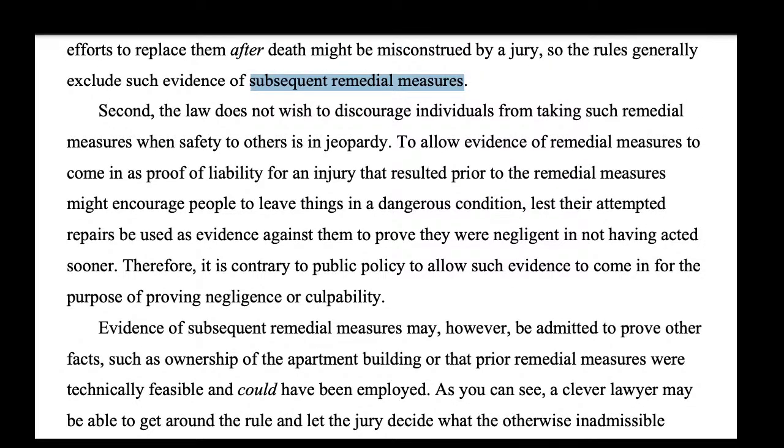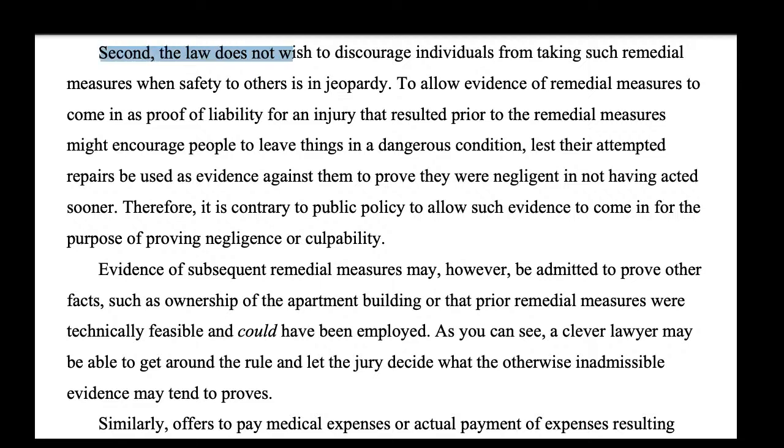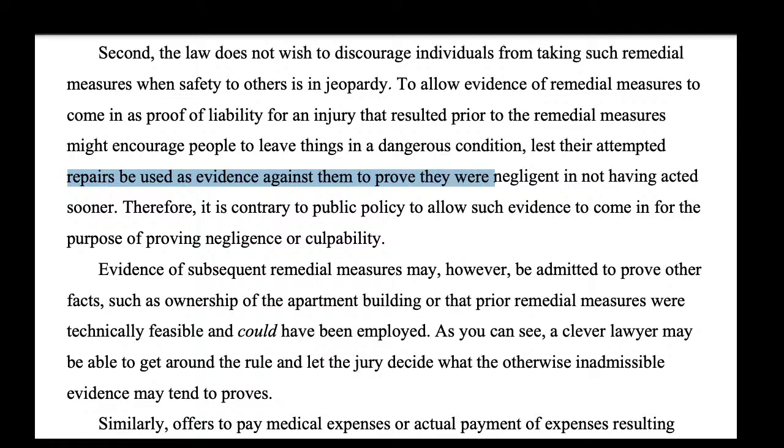All right. So, again, rules generally exclude subsequent remedial measures as evidence. Second, the law does not wish to discourage individuals from taking such remedial measures when safety to others is in jeopardy. To allow evidence of remedial measures to come in as proof of liability for an injury that resulted prior to the remedial measures might encourage people to leave things in a dangerous condition, lest their attempted repairs be used as evidence against them to prove they were negligent in not having acted sooner. Therefore, it is contrary to public policy to allow such evidence to come in for the purpose of proving negligence